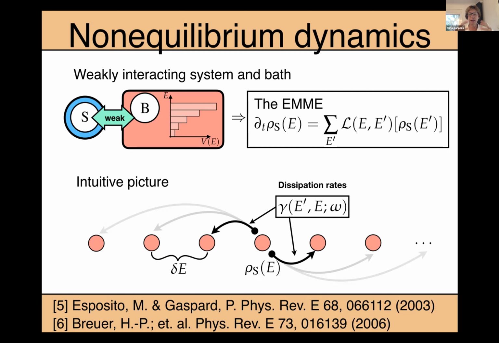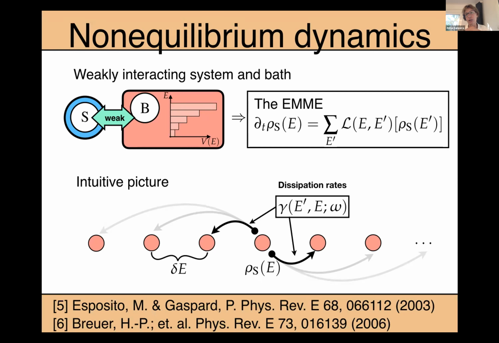Intuitively, I have a dissipation rate which depends on the state in which the system is, and when it jumps, it will jump to another state of the bath too, because it will exchange energy with the bath, with some frequencies. So it's a master equation which is a little bit more complex,